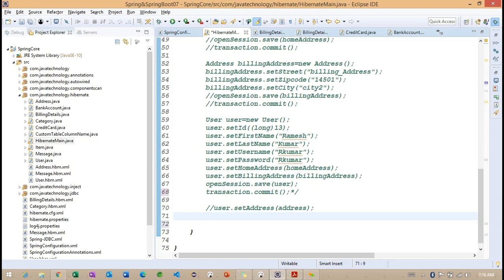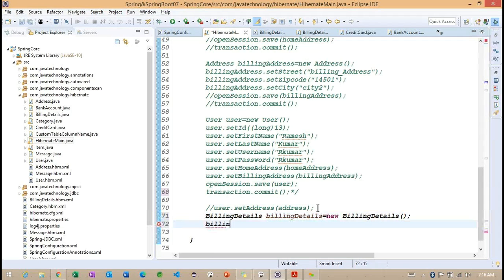So first we will work with the credit card and later we can work with the bank account. So observe, before working with the credit card, first what we need to do? We need to create a billing details object. New billing details here.